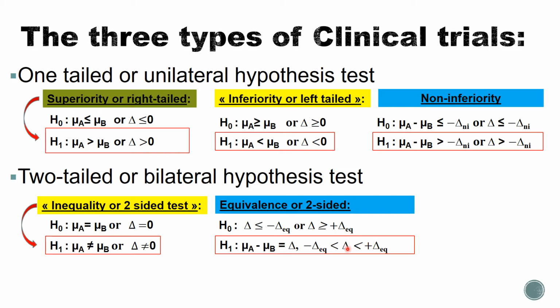As you can see, if the difference is less than the lower threshold here, then the opposite is that this difference is greater than, not less than, because it's not behind the less than sign. So if this difference is greater than the inferiority threshold, then what it means is that the